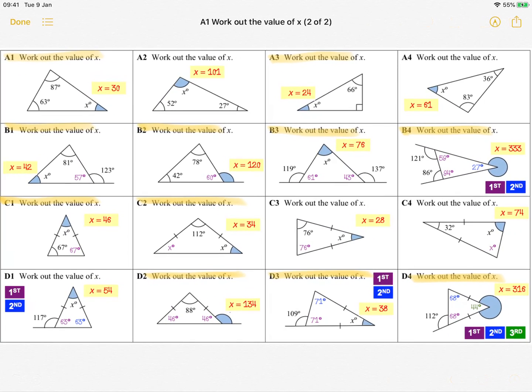And then here are the answers. Okay, so pause the video, make sure you've had a chance to mark those in red, and then if you're like, I really don't understand how you've got those answers, then just